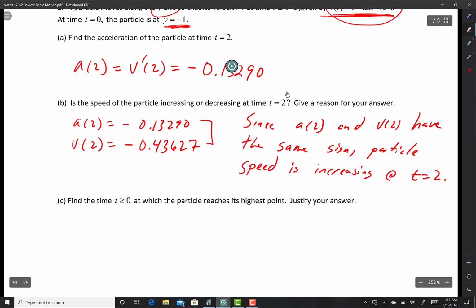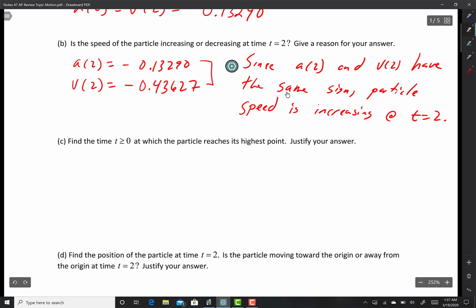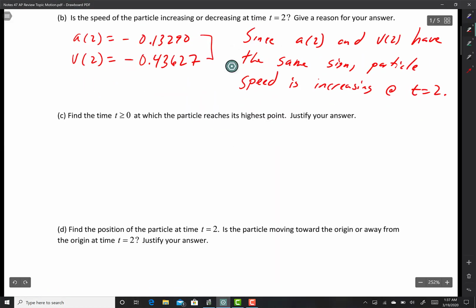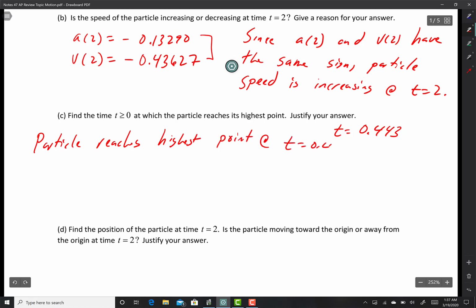So they want to know for which value the particle reaches its highest point, justify your answer. So I'm going to write, what value was that? 0.443. I'm going to put over here t equals 0.443. I'm going to put particle reaches highest point at t equals 0.443, since this is the only time